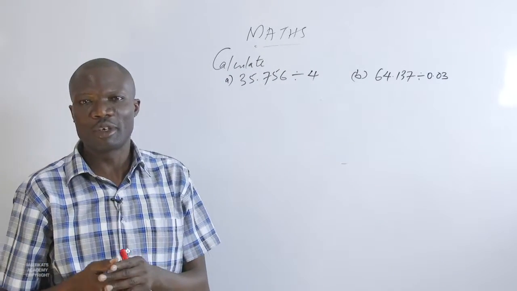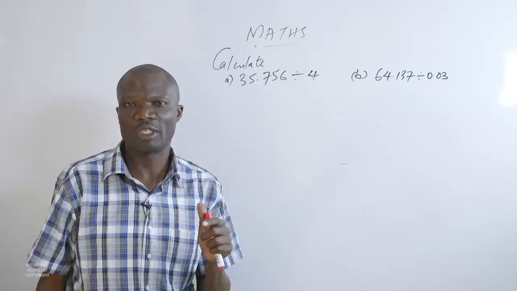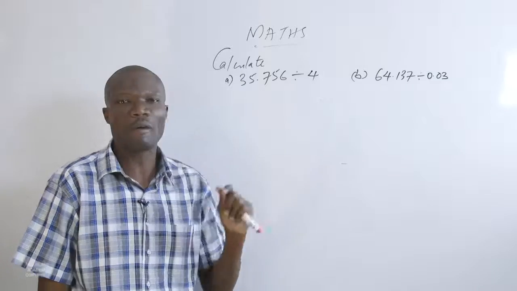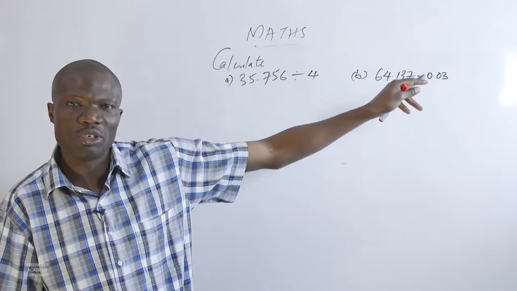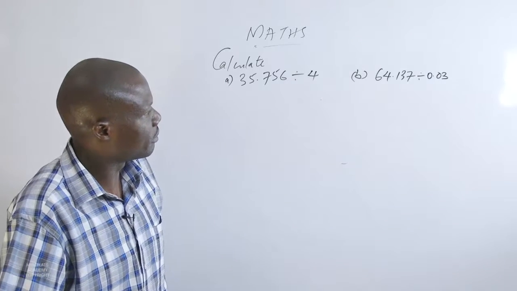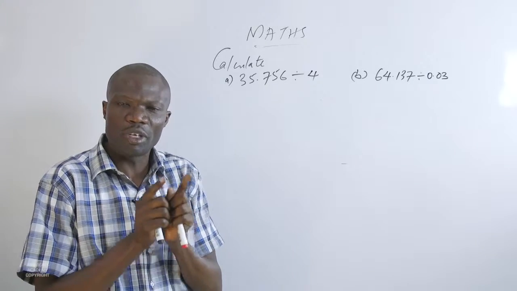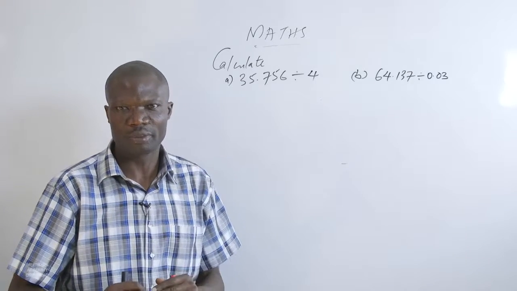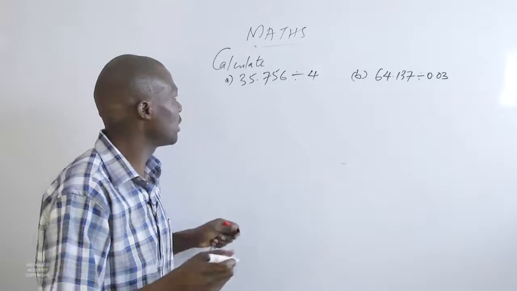Let us now look at dividing decimals with numbers and decimals with decimals. First question is asking us to divide 35.756 divided by 4. And second one is 64.137 divided by 0.003. Now here we said we have the relationship of the decimal point between the quotient that you get, which is the answer, and the dividend. Forget about the divisor. So for this case, we shall rearrange it, and we have